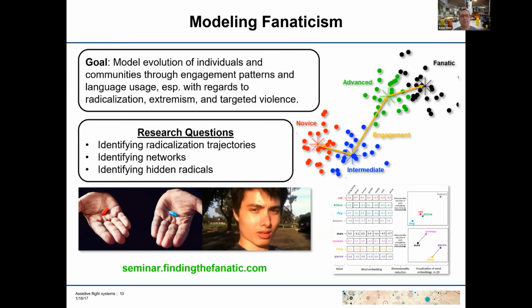The last project that I want to talk about is a big DHS project that we've received funding for, where we're looking at the evolution of individuals and communities through their engagement patterns and language usage. And so what we're doing is we're studying social media data to understand radicalization trajectories, hidden networks, and can we find hidden radicals, right? So somebody presents themselves in one context when they're really another. Can we identify that through their language usage? Basically code switching, if we want to think about it in terms of